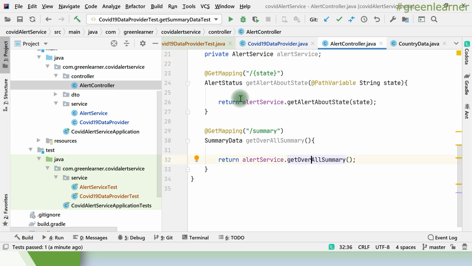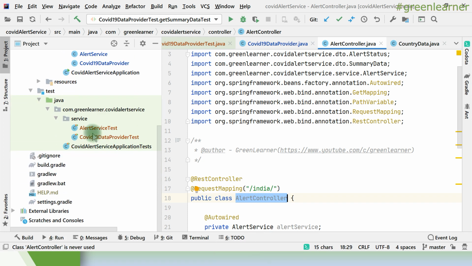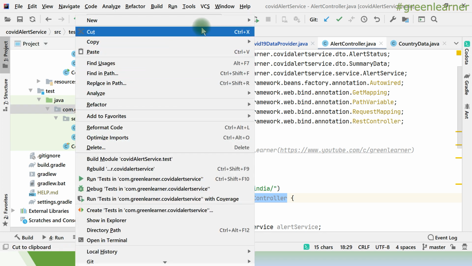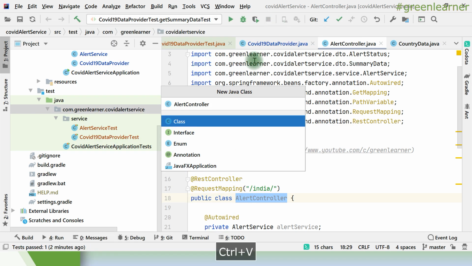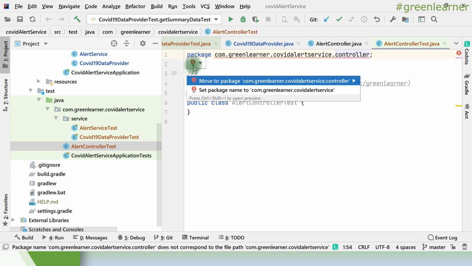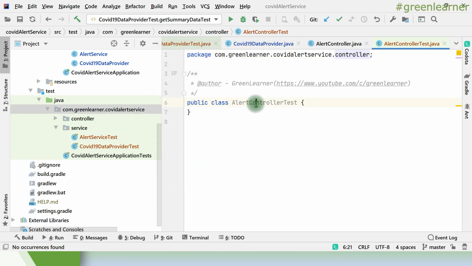So now go ahead and create the test for this class. The controller test is going to be a bit different from the previous one, so I'll explain while writing the test, right? This is the controller test, where I am going to put it under controller, move this package to here under test one.